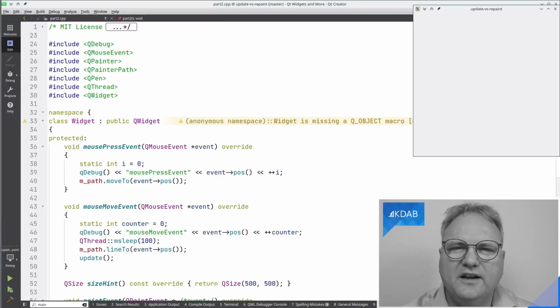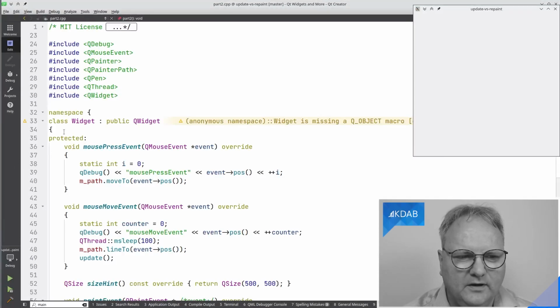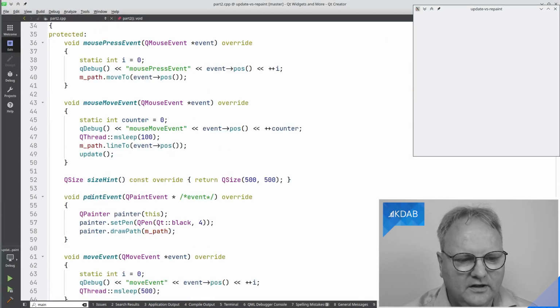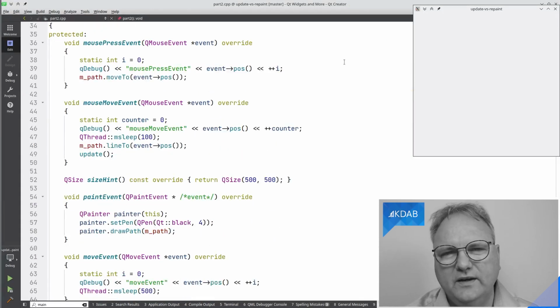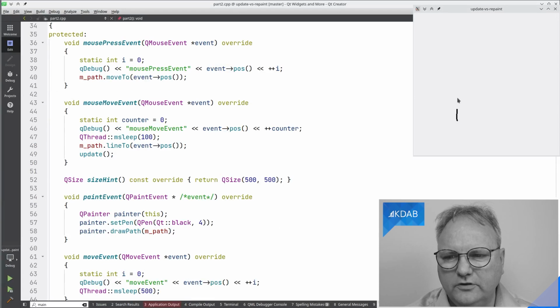And I knew from 20 years of teaching Qt that obviously mouse move event was compressed too. So let me see how that looks. I got another example here, part 2 now. And in here, you'll see the widget. It implements mouse press event, mouse move event, and paint event. And the only reason why I do that is that I can show you that I can actually draw in here.